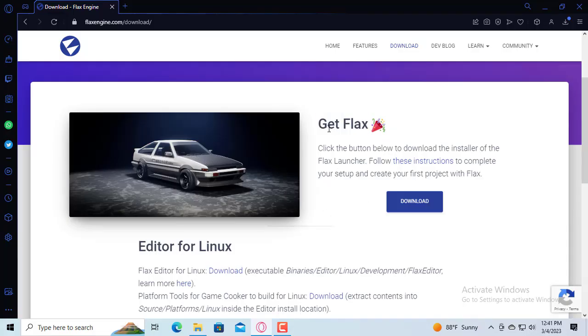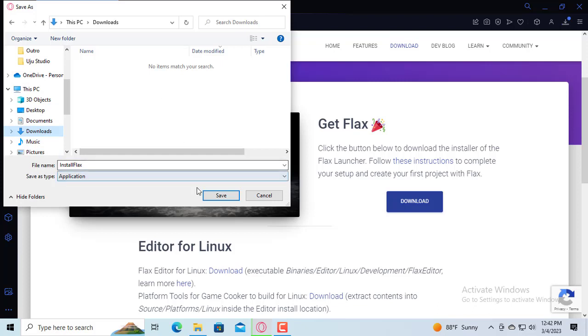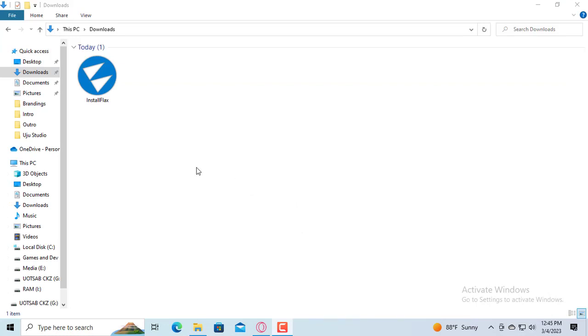Then here you can see, for my case, I will need to click here to download the Flax Game Engine from this. Click here, and I will be introduced to this window. Where do I want to download? Let's download it here, Mr. Flax. If you want to name it any other thing, you can. The file will be downloaded here. So when it is downloaded,